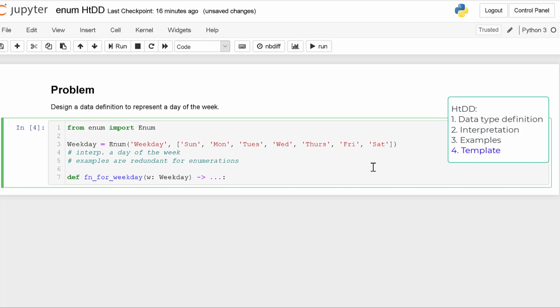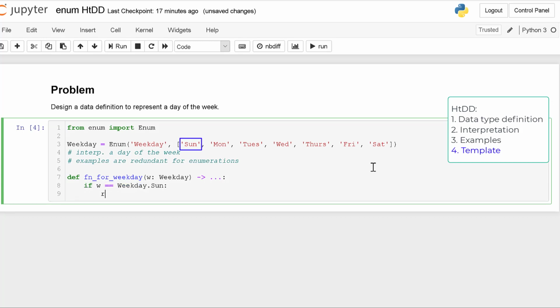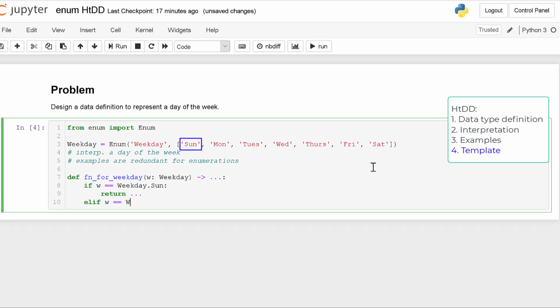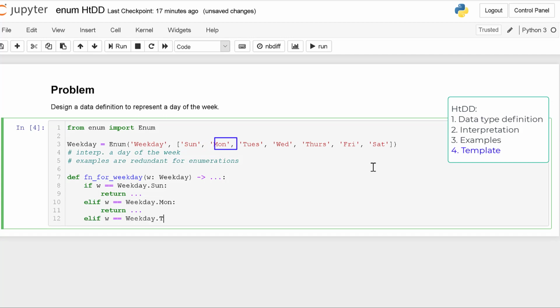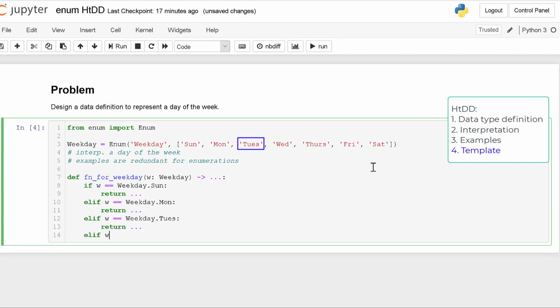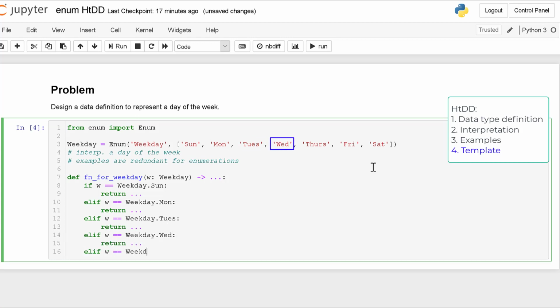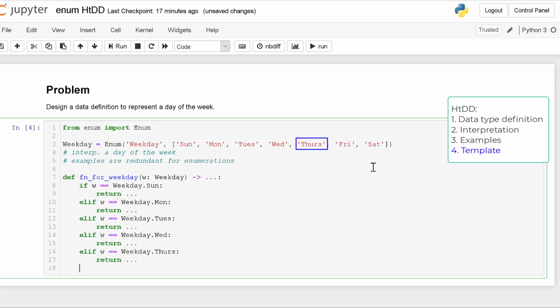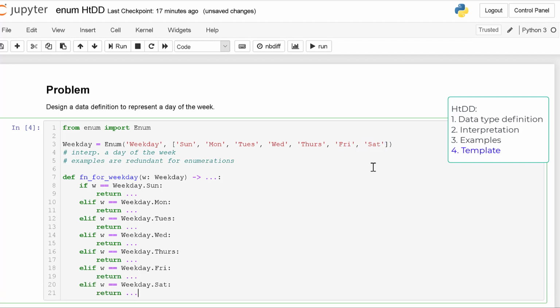In the template, we always put ... And now I fill in my if/elif statement. And now our enumeration data definition for weekday is complete.